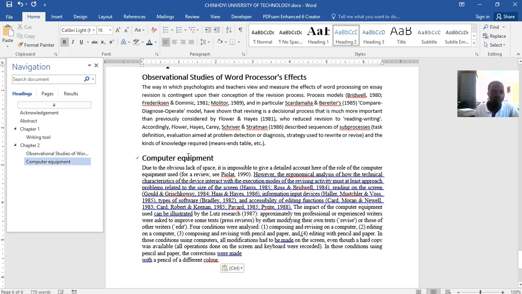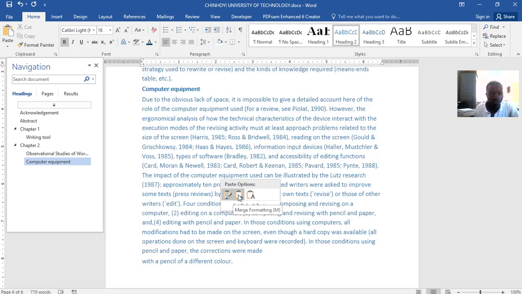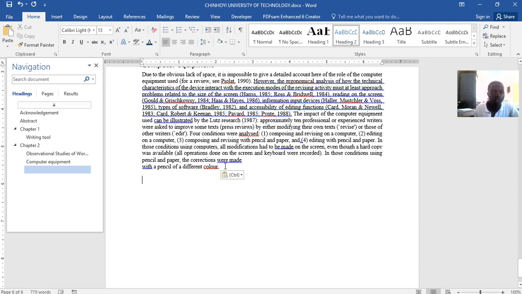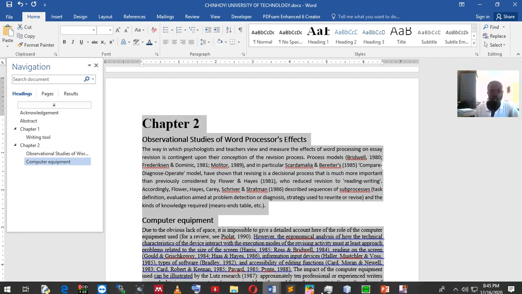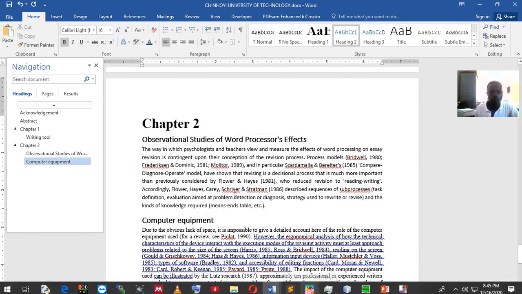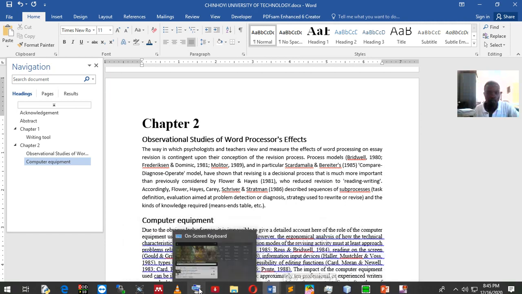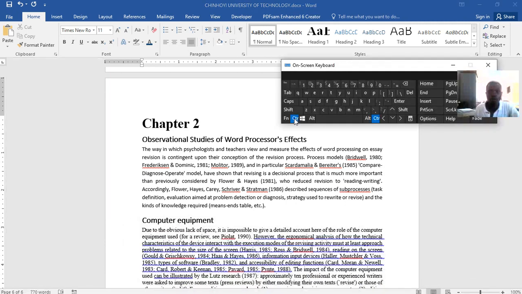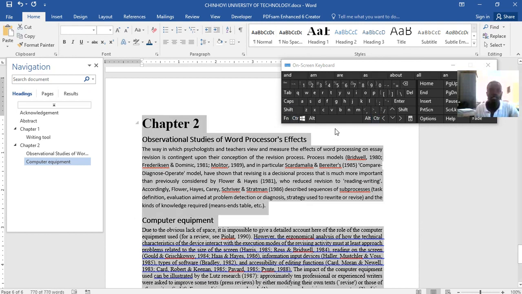as it is. This is of size that, so it appears there, right? And let's just match, let's keep text only, let's match destination. So I want to change, if I click Control A, you see this font is different from that. So what I do is I press on my keyboard Control A to highlight everything in my document, Control A, and then I say I want it to be of size